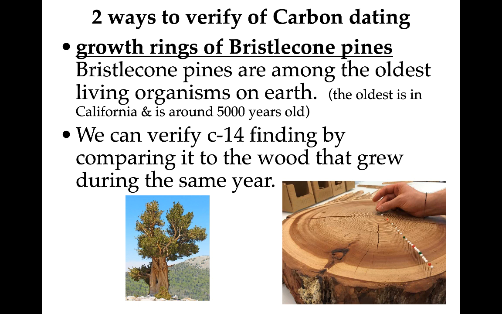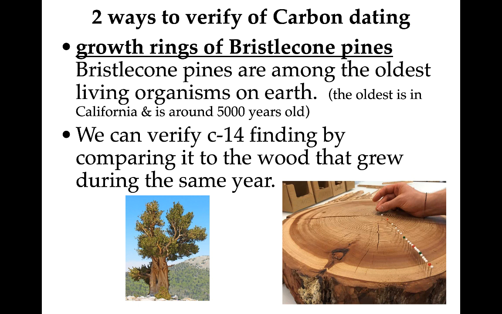Because bristlecone pines are so old, let's say they found bones and the bones were 500 years old, they could go to the bristlecone pine and count back 500 rings, take a sample of the wood from that exact same year that the bones supposedly died at, and they can test that to verify that their results were correct, and that this assumption that there's this 1 trillion carbon-12 to 1 carbon-14 ratio has been constant